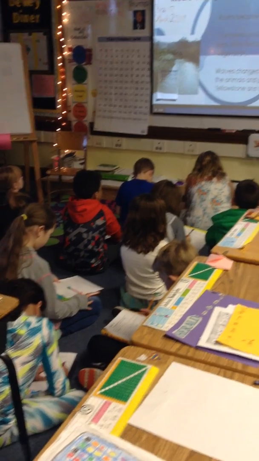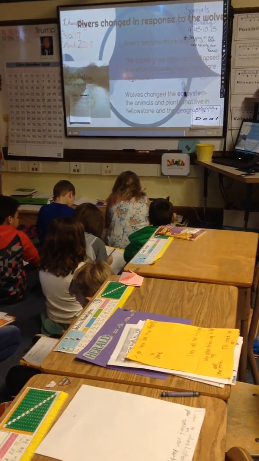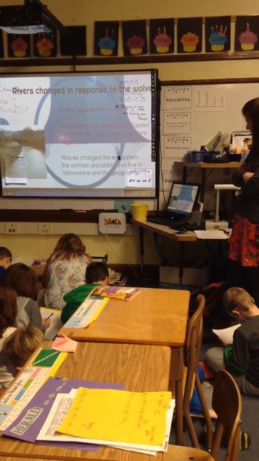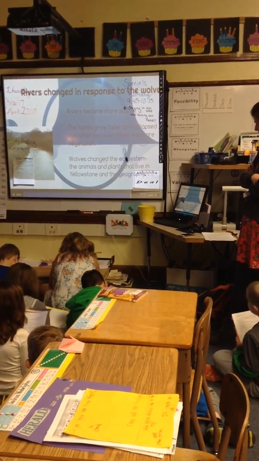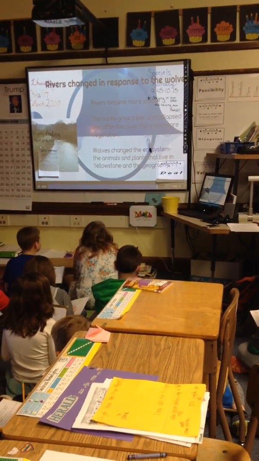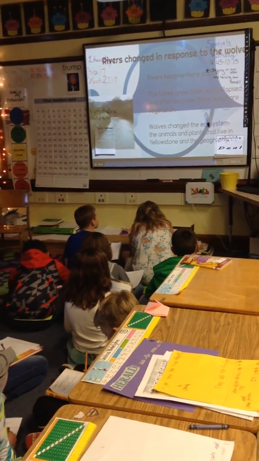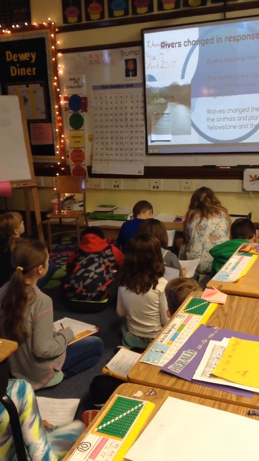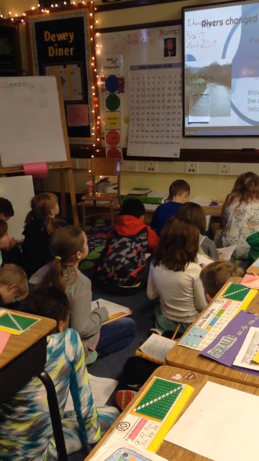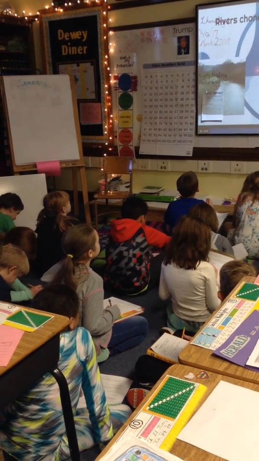But the biggest change to Yellowstone came from the rivers. So the rivers changed because they became more stable. If you take a look at this riverbank right here, you notice that there's more vegetation there. And the vegetation helps to keep those banks from collapsing. So the banks grew taller and collapsed less often because there was more vegetation. So the wolves coming back to